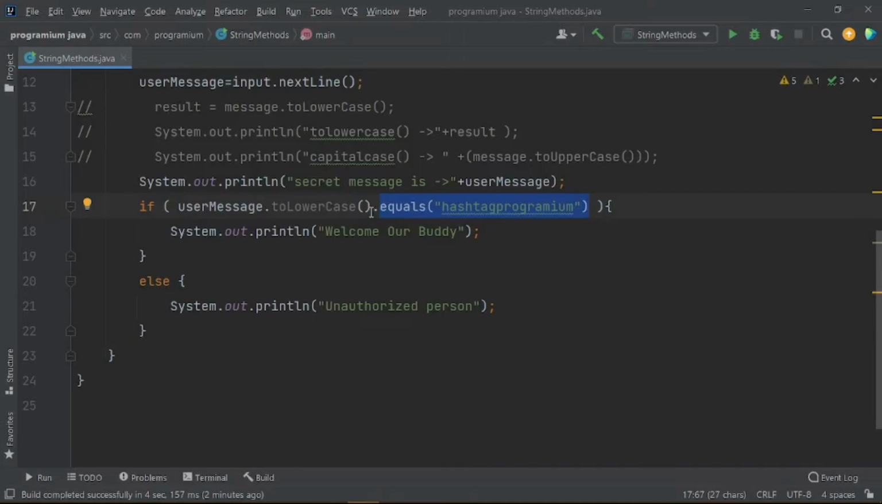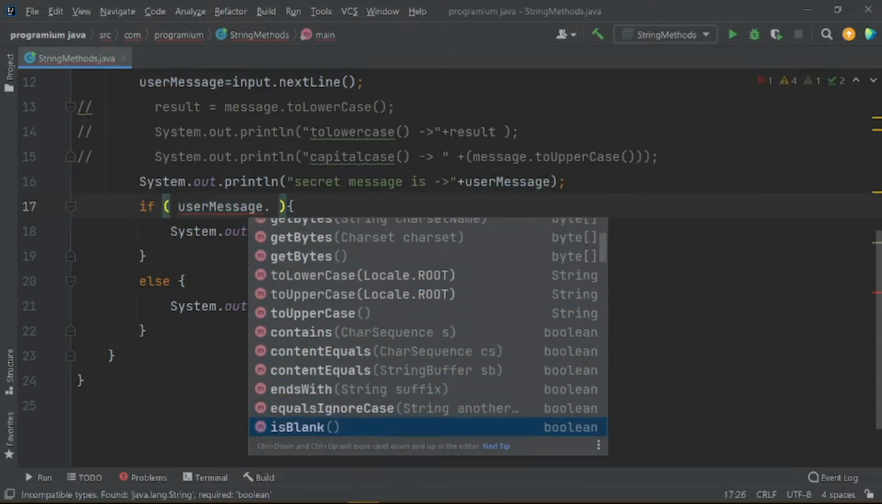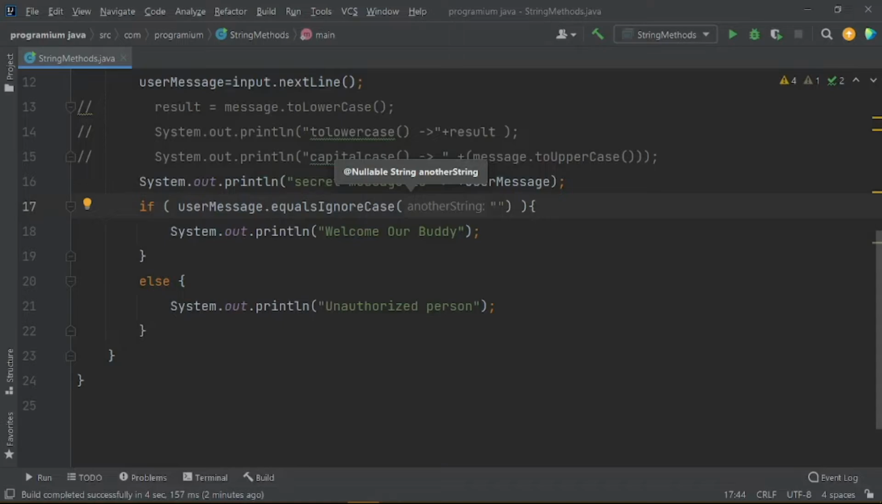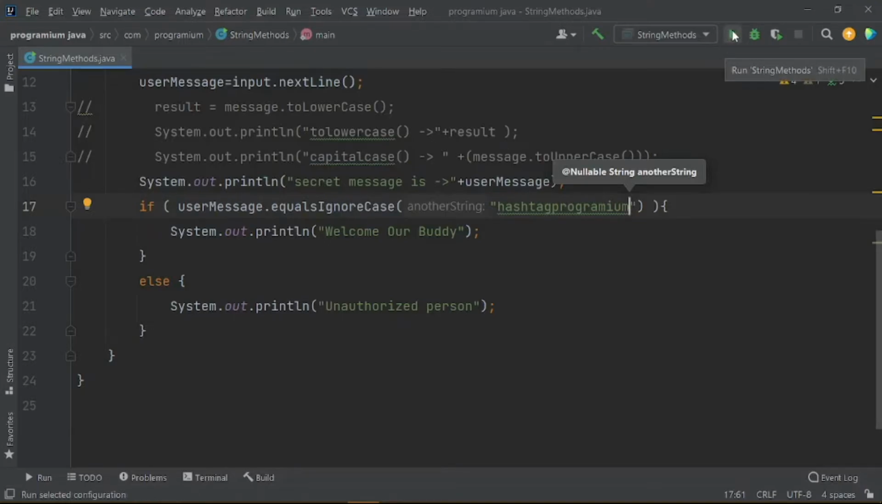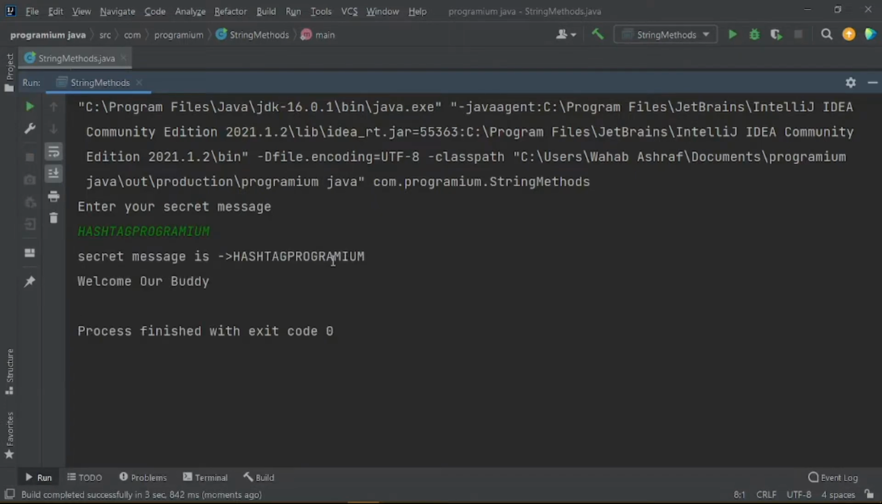and then we just perform an equals operation here. But there is also another method. Let me first cut it, and I am showing you another method here, and that method is, put a dot here, and you will see equalsIgnoreCase, and let us see how this method can help us. Our secret message is again this hashtag programium, and I am running it again. I am using caps lock on hashtag